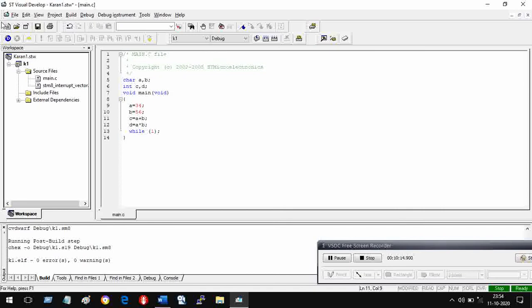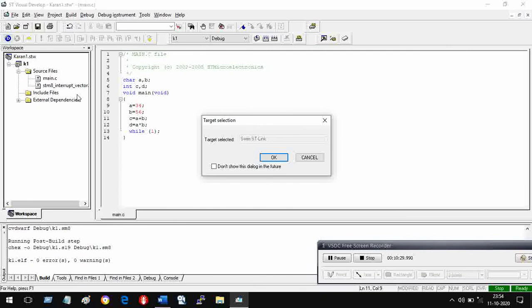To debug the program, there is a D here. I am going to left hand top. As you can see, there is a D written in blue. When you click it, it will start debugging. It is ready to debug. So it says, before you debug, tell me what is the target.